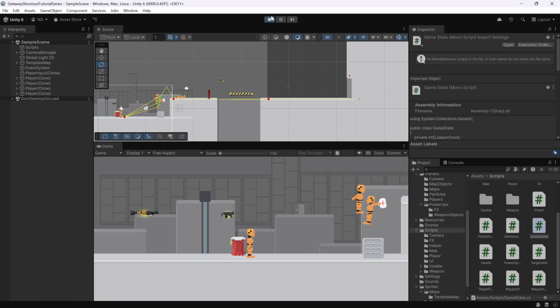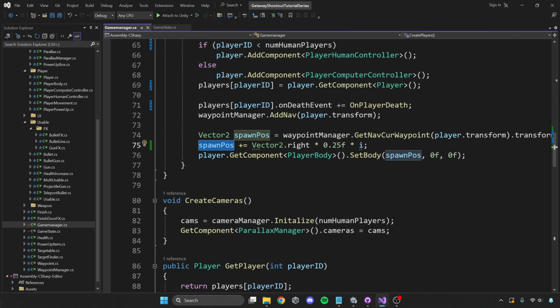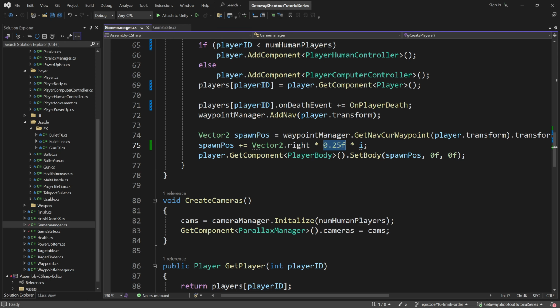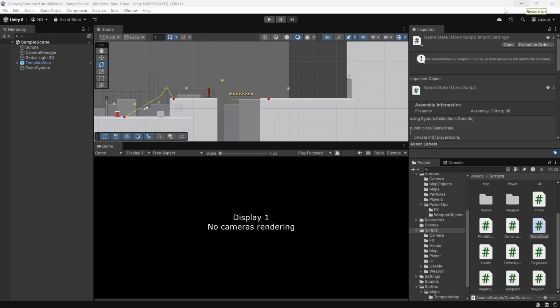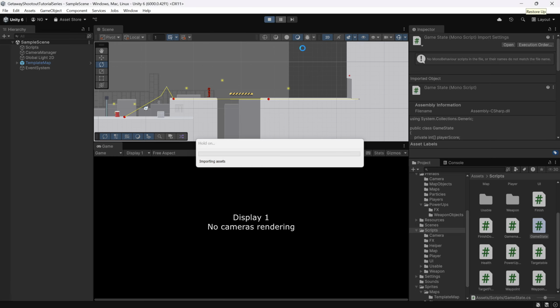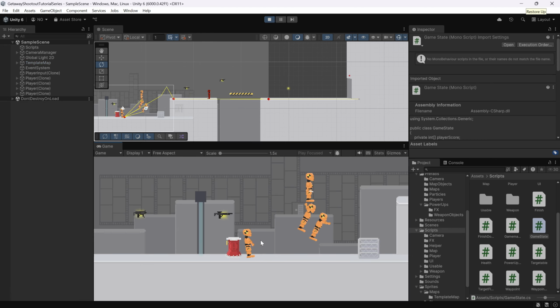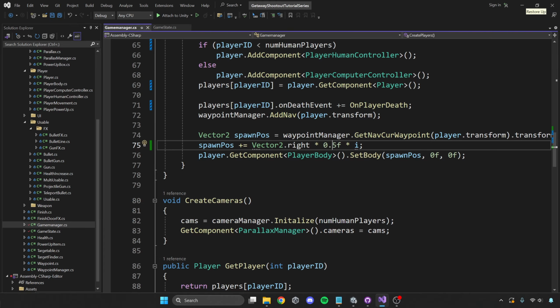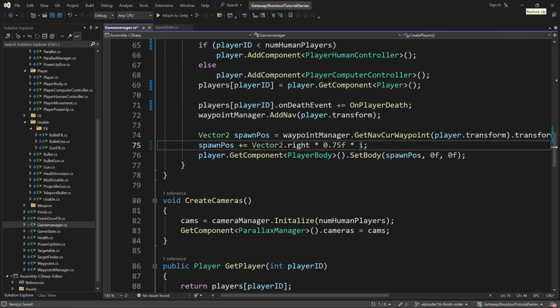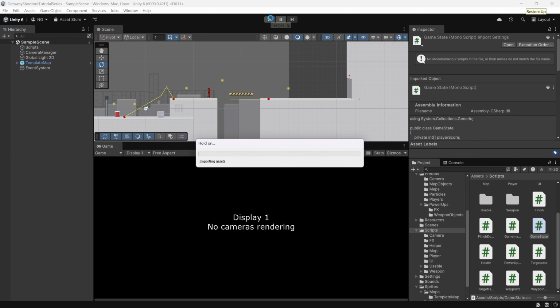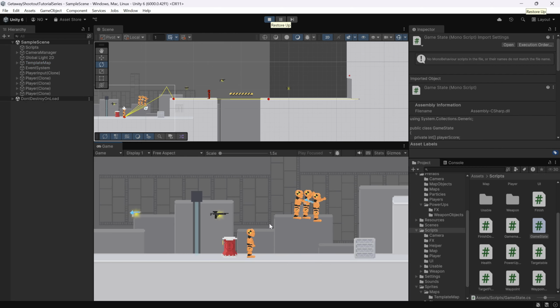So it looked like they spawned pretty similar right when I press play. I'm going to actually increase this a little bit, maybe go 0.5. And now try if it increases. Okay, that still looked a little close. I'll increase it just a little bit more. Basically so we can actually see that there is a gap between the players on start. Okay, there we go. So the players are now starting separate, and it should be on the order that we